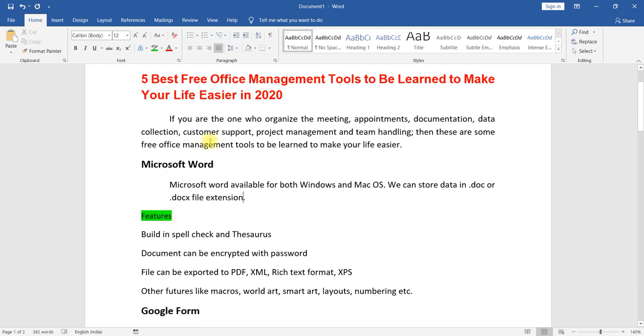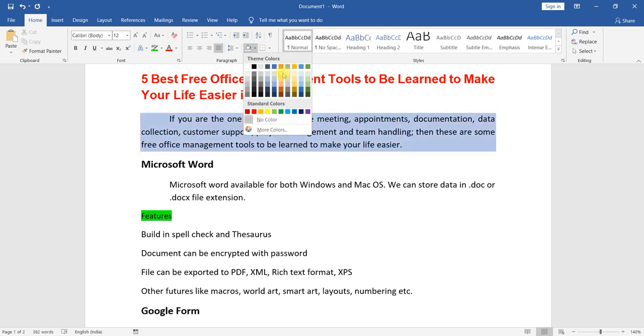Again, if you would like to highlight this entire paragraph, the background color needs to be changed. How can we change the background color? Select that particular paragraph, or keep your cursor anywhere in that paragraph, and go to color shading here. Click on that drop-down button and select the color you would like to apply.